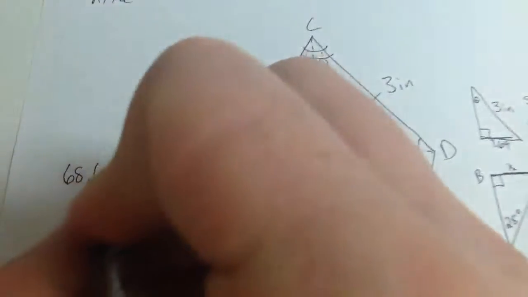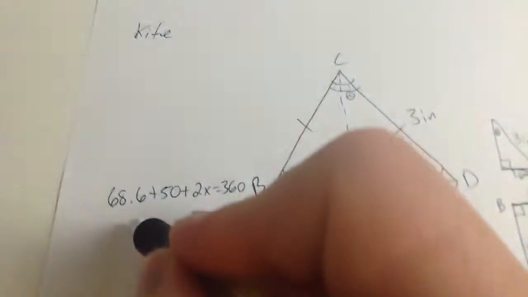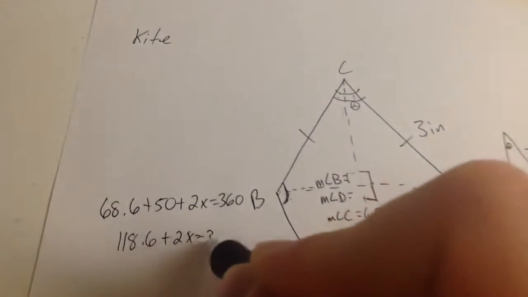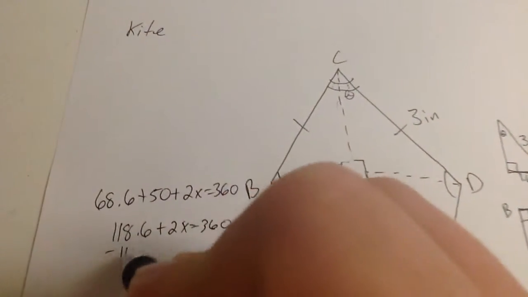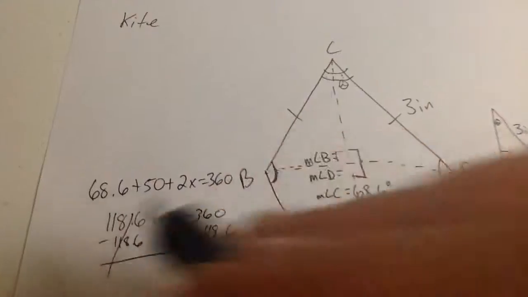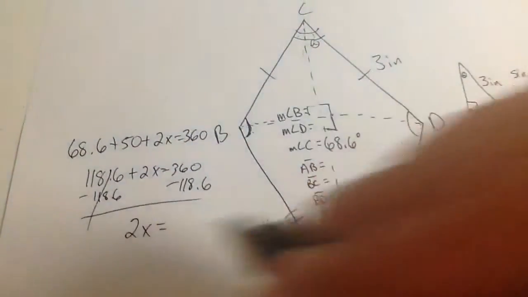So combine like terms, I got 118.6 plus 2x equals 360. Subtract 118.6 from both sides. 2x equals